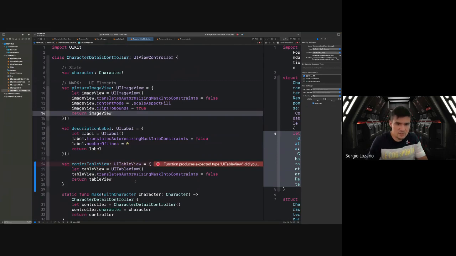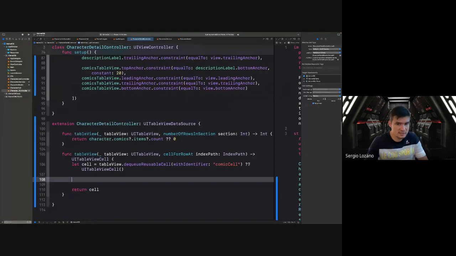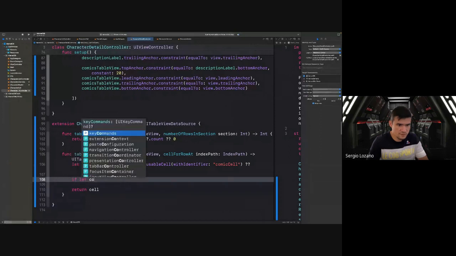And if it can't resolve something with this because we have not created something like that before, we just result with a regular UITableViewCell that is just empty. Then we're returning. At this point, we are just delivering empty cells. We need to install the information so that it reflects the title of each of the comics. So what we are going to do is, first of all, ask whether we actually have a comic for this index path. So we're going to say if there's a comic